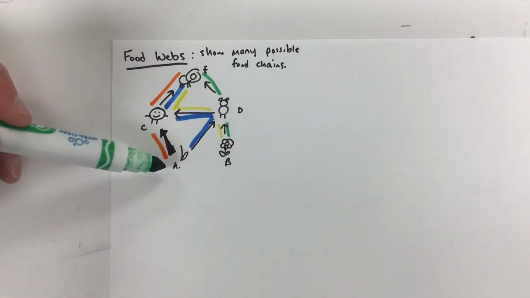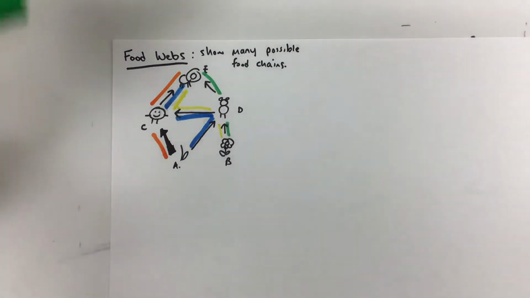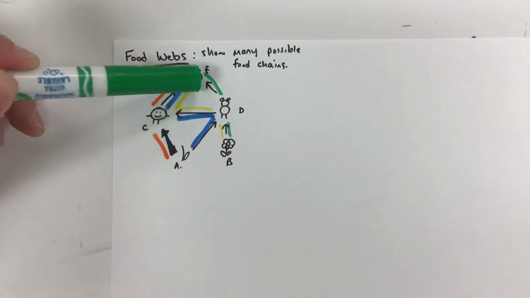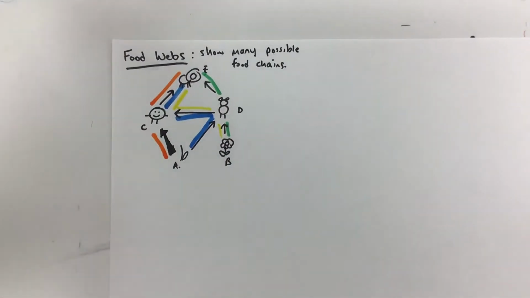I think this is it. I think there's 4. It's okay if we're missing one. We will have the right idea. So this is made of 4 different food chains. You got the green one, you got the blue one, you got the orange one, you got the yellow one, and there might be one more. Okay? So in this food web, you're going to be able to then figure out where are the producers,